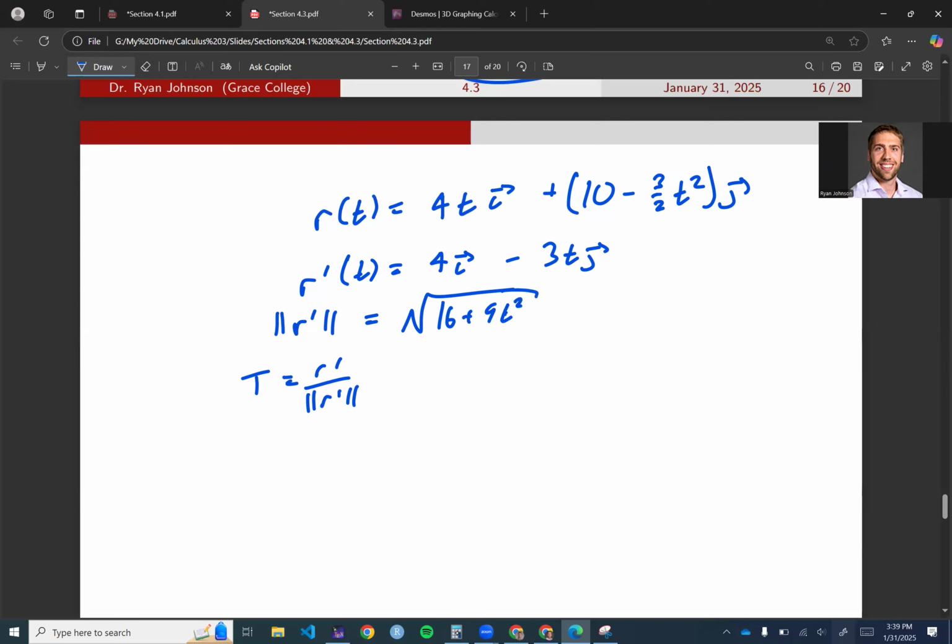And so then T is going to be 4 over the square root of 16 plus 9t squared i minus 3t over the square root of 16 plus 9t squared j. Right? Okay. Now,